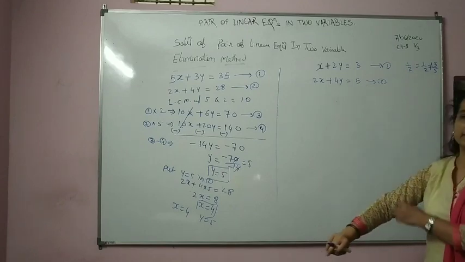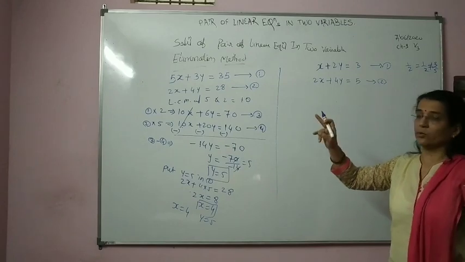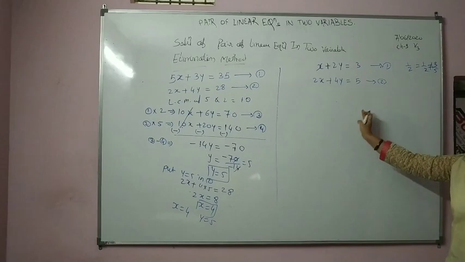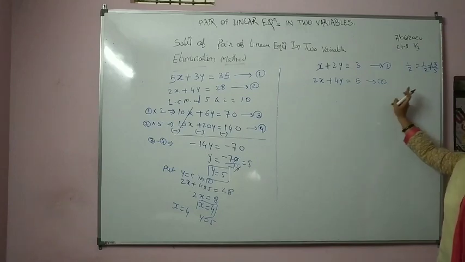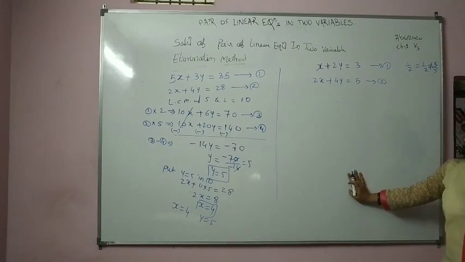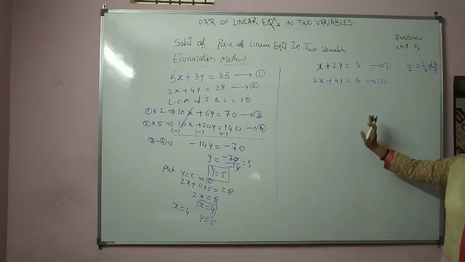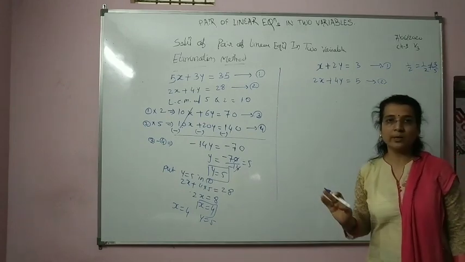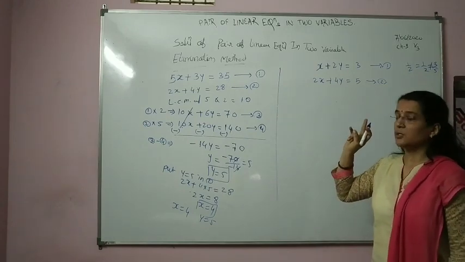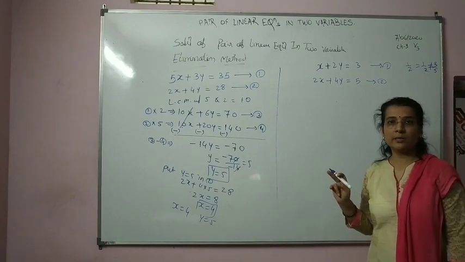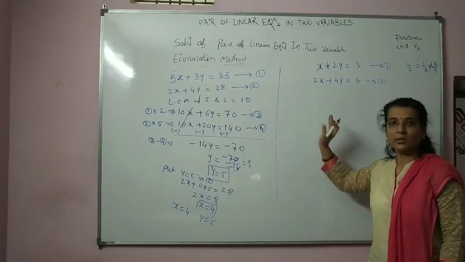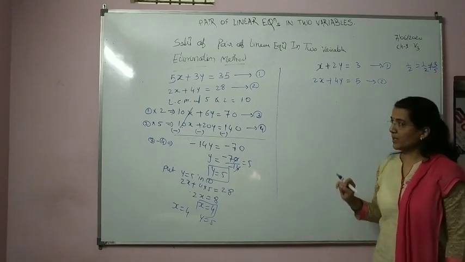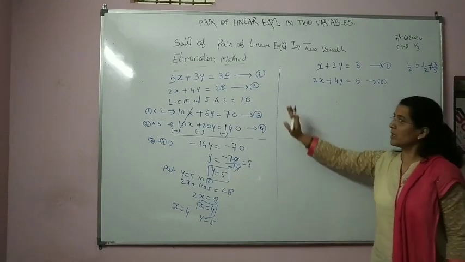But sometimes in the exam the question comes: solve the equation by elimination method. So if you write this condition, that A1 upon A2 equals B1 upon B2 is not equal to C1 upon C2, so the system has no solution, meaning no value of x and y satisfies both the equations, then at that time you will not get any marks. Why? Because the question asks to solve the equation by elimination method. It means that through the elimination method only you have to show that this system has no solution. Now what to do there? Again, the same process we will follow as we have followed here.